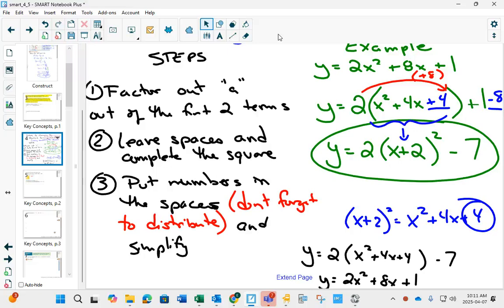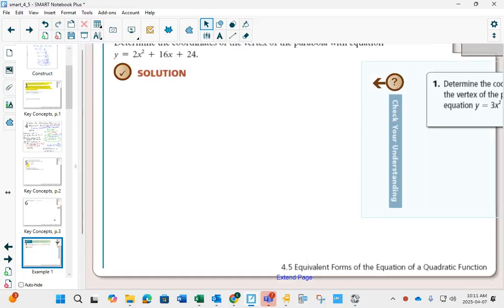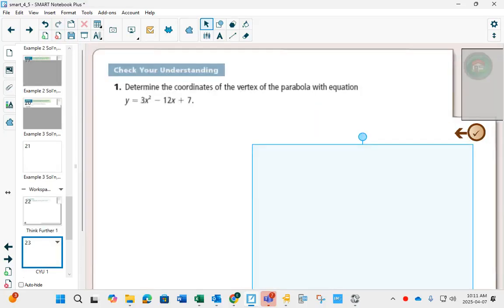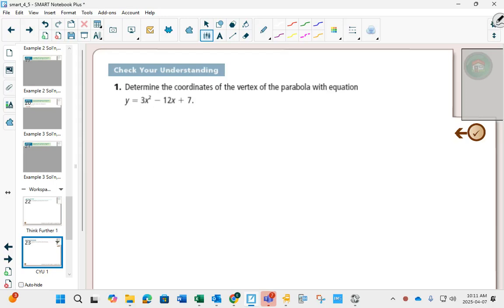So here's our first question. We'll go to example 1. Determine the coordinates of the vertex of the parabola. So we want the vertex. One of the ways you could do it is you could just do a table of values until you find symmetry, and maybe that would work. But that could take a long time. So instead, we are going to change it